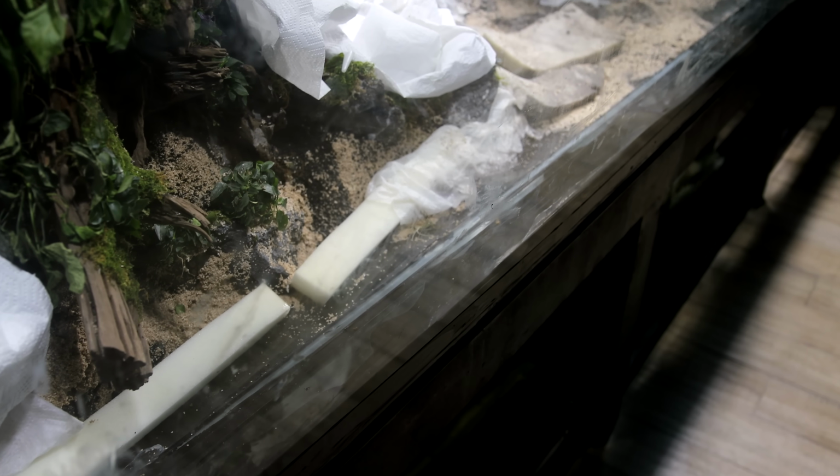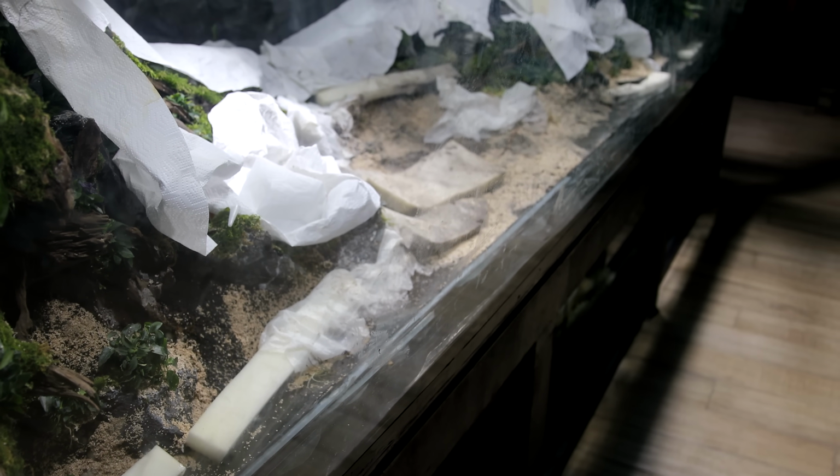So let's address what had to be done. The entire front panel originally had a piece of glass that acted as a fortification to ensure the main front glass panel wouldn't bow outward from the water pressure. This piece of glass was then sealed to the bottom glass and the front glass using a special black sealant